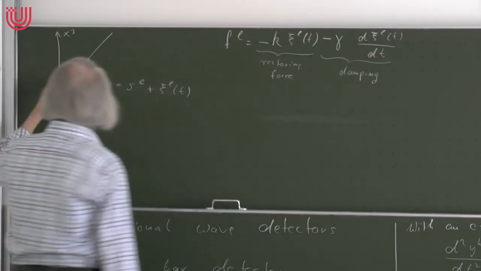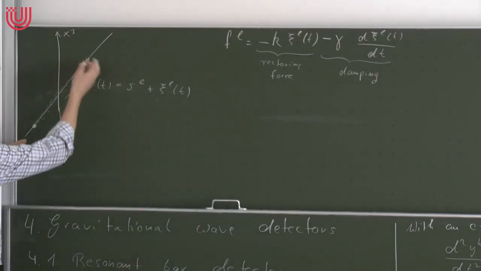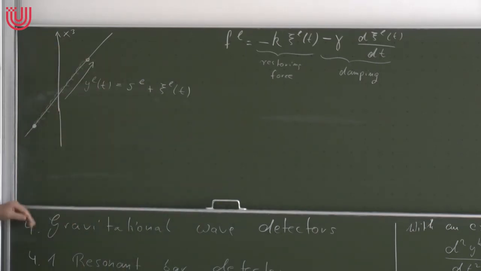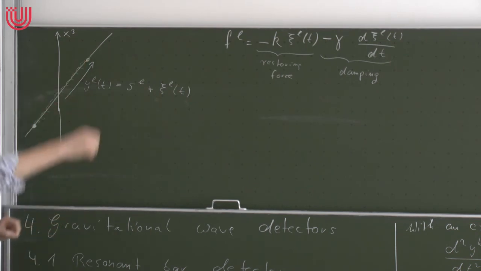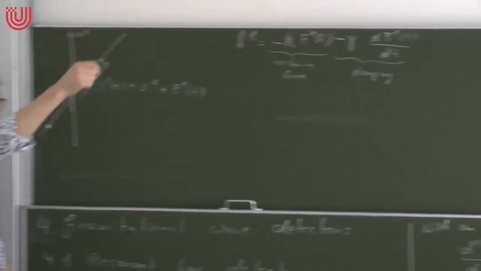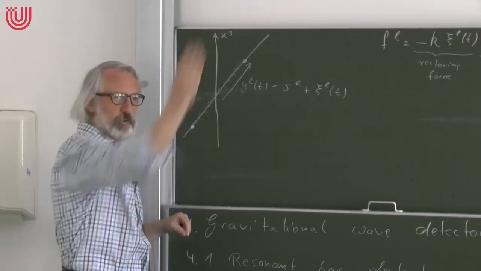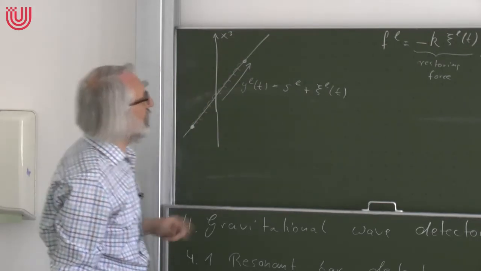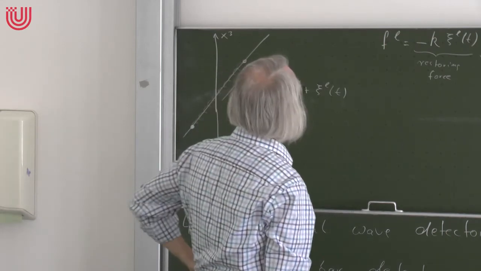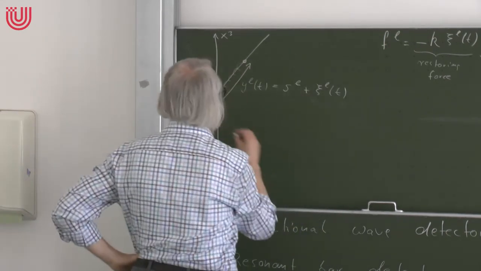I should have said we don't want to allow these masses to move out of this line. So we think that the spring is rigid in the sense that the masses can move only along this line. They cannot swing around in this way. Then I can make this into a scalar equation. Then I could write that